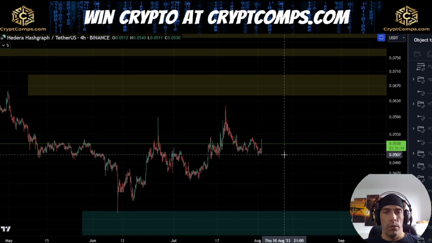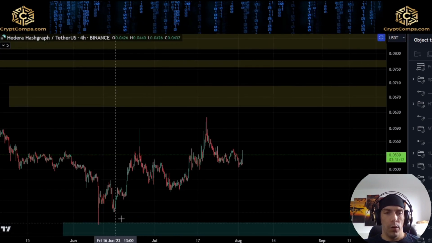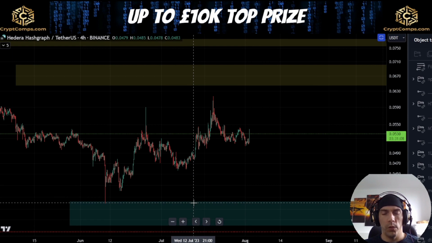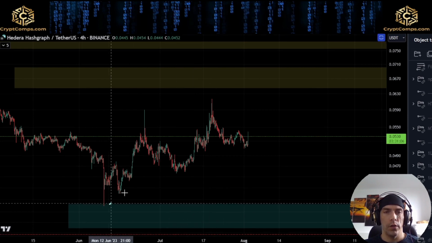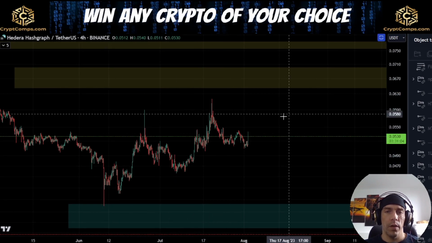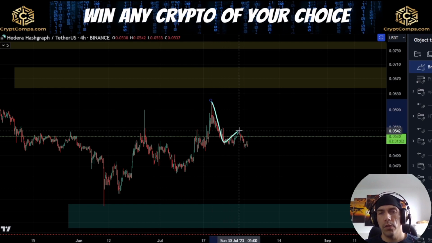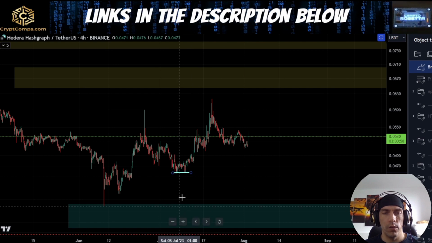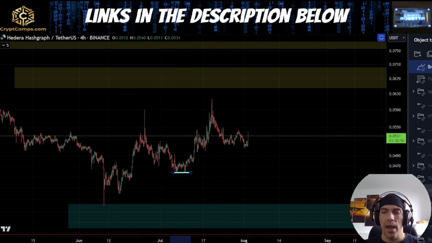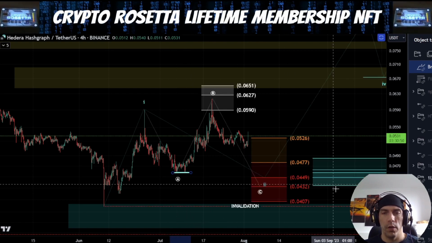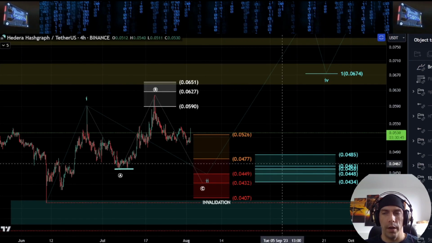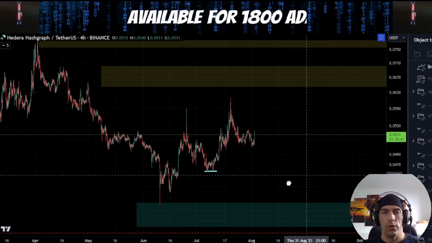So just as an overview for what we've gone through today, what I'm looking for here is for as long as we actually hold this low here, this 4 cents, we can look for potential extension to the upside. If, however, we start to break down here and we start to hit some of those more impulsive targets to the downside and we start to lose this low primarily, and after that, if we start to lose this area here of this 0434, then it becomes more likely that we're going to see that continuation to the downside,